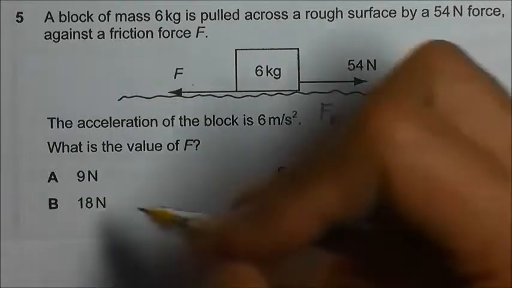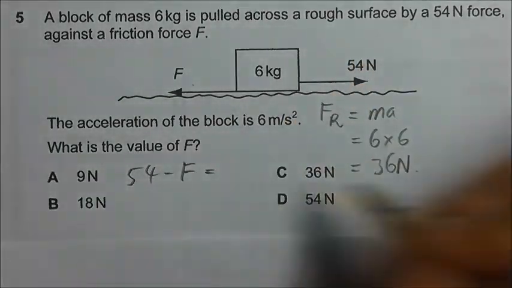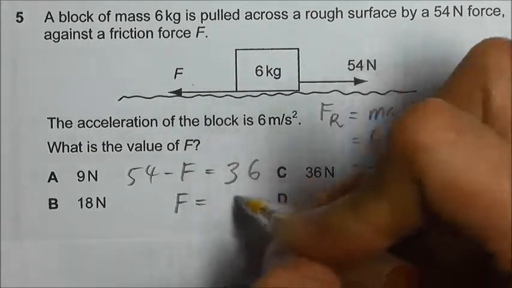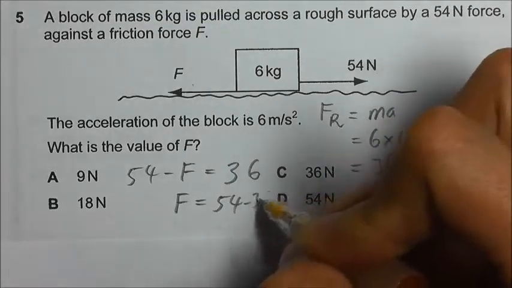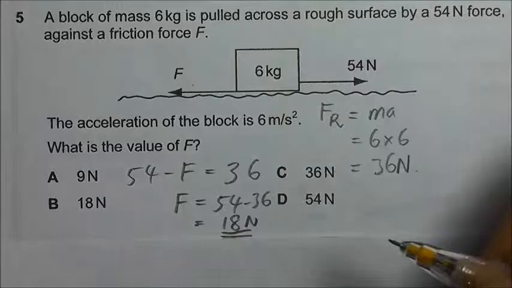So we can say that 54 minus the frictional force is equal to the resultant force of 36. So the frictional force is equal to 54 minus 36. That will give us 18 Newton. Okay, answer